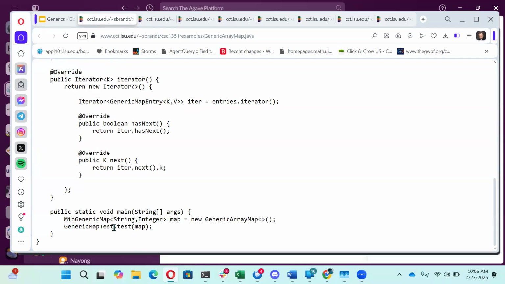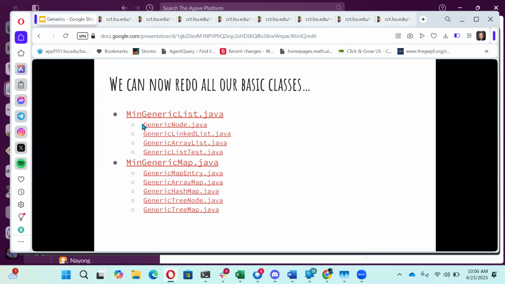And then I have a generic map test, which is going to work kind of like the generic array test. In this case, it's being told we have a string and an integer, and the types are going to be realized as that. So let's take a look at